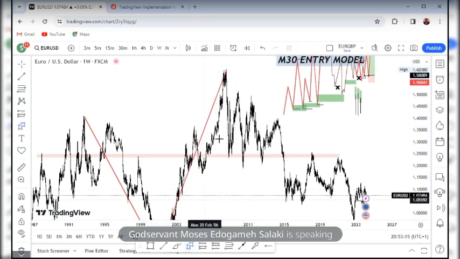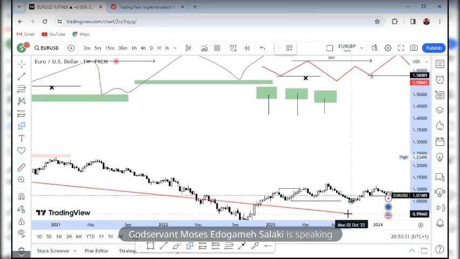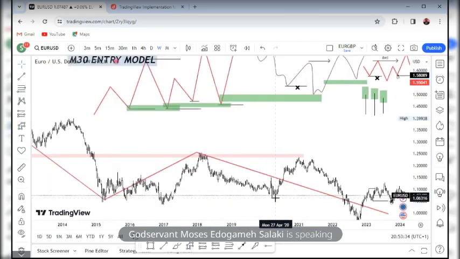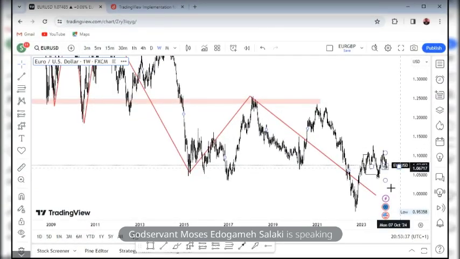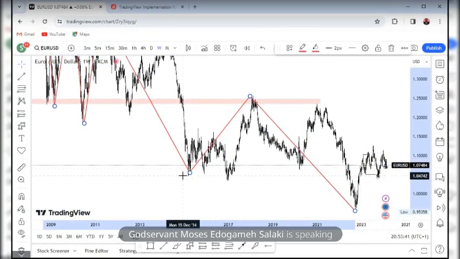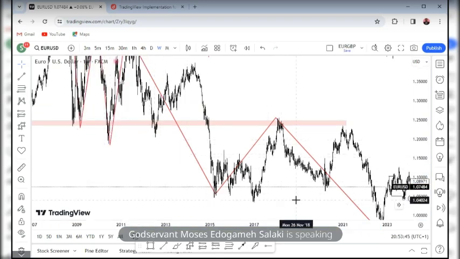Since then, look at what price has been doing. Price has been giving us this pattern. Price is trading lower with consistent lows. So I can say we are bearish, and you can see that we are actually bearish. Price is still trading lower, taking the lows. Price kept clearing the lows. All the lows were being cleared.